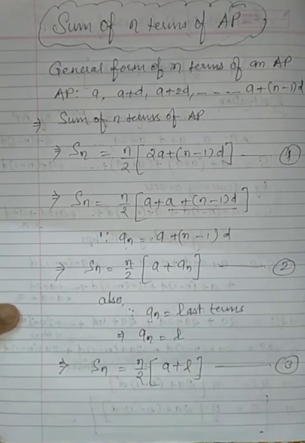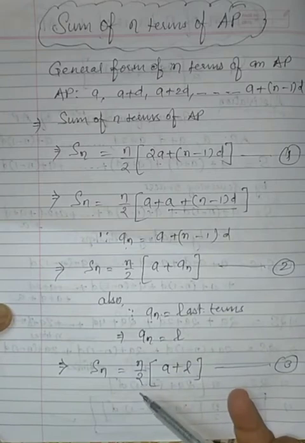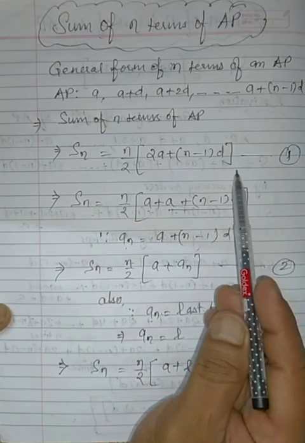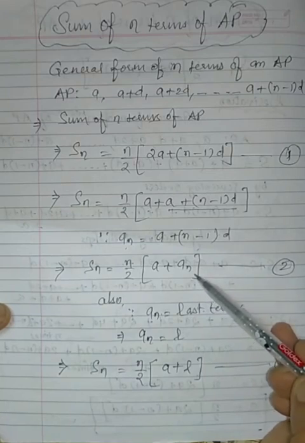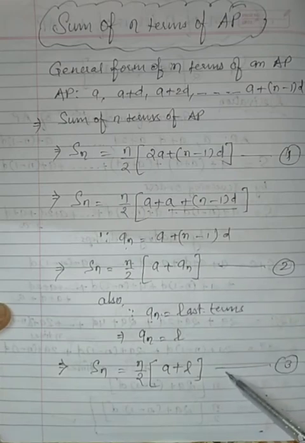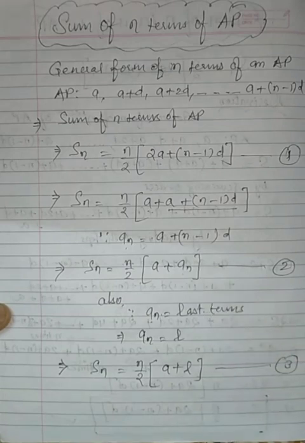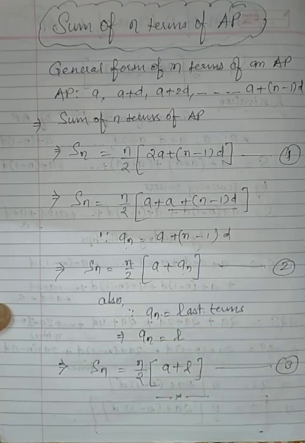So these are the three formulas which we will be using for the sum of n terms of an AP, depending on what we are given in the question. If a question with full details of the AP is given, we will use this formula. If the question is given in some other form in which the last term or nth term is given, we will be using this formula. And if in the question we are given the last term, then we will be using this formula. Basically all three formulas are the same, but they have been altered as per the need. So we can use any of these three formulas in exercise 5.3 as per our need.